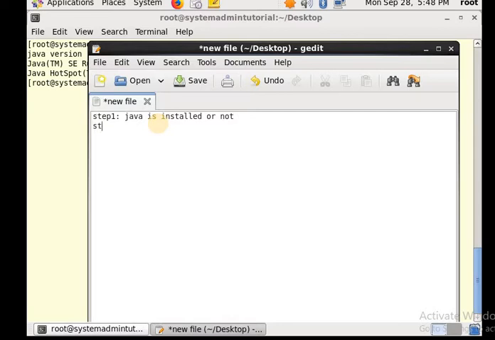So next, for step 2, we have to download the Jenkins source file. How will we download the Jenkins source file?